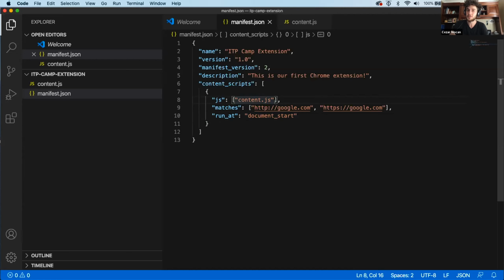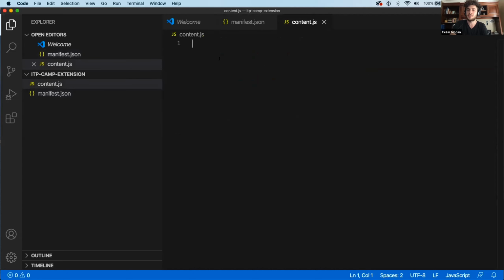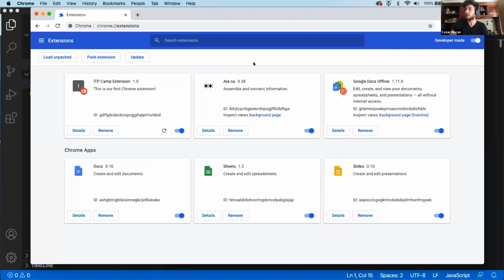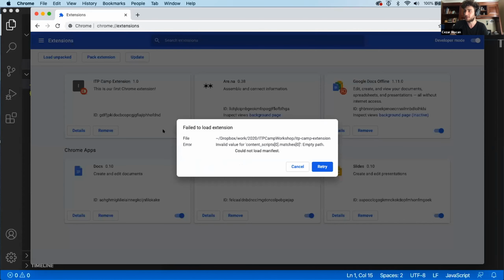We should be able to go into our content.js and print a very simple debug message and see if our browser loads the extension. So I'm just going to do a console.log: this is our extension. This should be running when we go to google.com. If we open our developer console, we should be able to see this message. Before we do that, we need to refresh our extension since we changed the code. So in the Chrome /extensions page, hit the refresh button on our extension, and we get an error which says